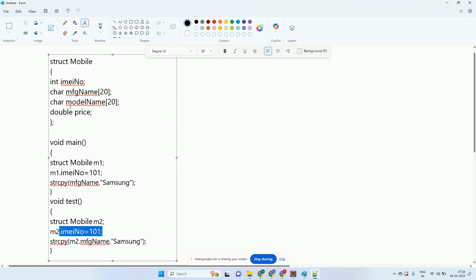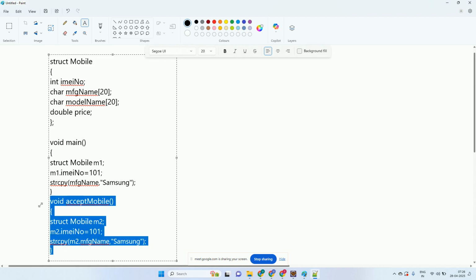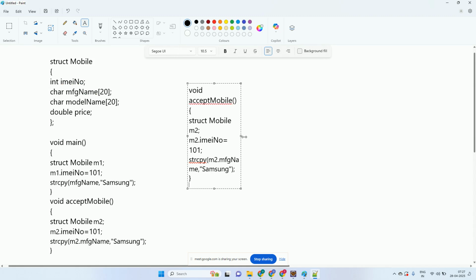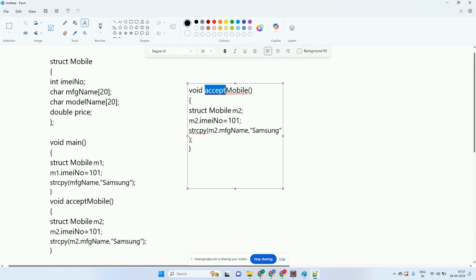Okay. So let's say I wanted to do display mobile. So is display mobile able to access all the attributes? So let's say accept mobile. Is accept mobile able to access the attributes of the mobile structure? Yes. Okay. Then if I want to display the mobile data, I'll make a function called display mobile. If I pass a mobile object as a parameter to the display function, let's say I pass M2 as a parameter,